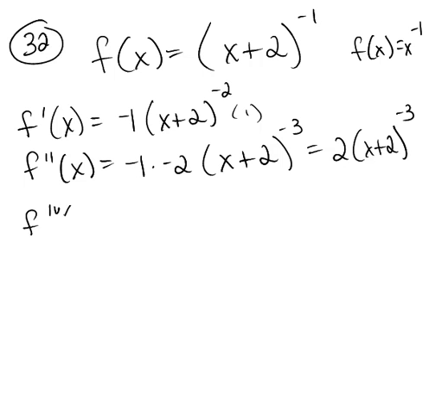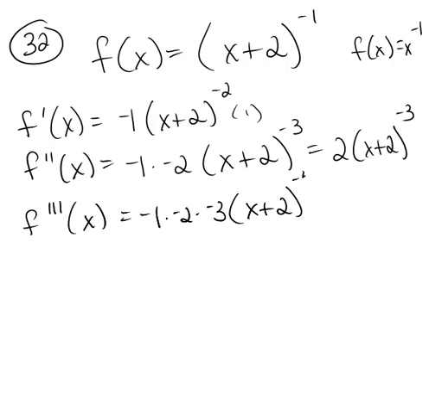Now, the third derivative is going to be negative 1 times negative 2 times negative 3, and then it's (x plus 2) to the negative 4, and that's, of course, negative 6 times (x plus 2) to the negative 4. So the pattern you should see coming out is that, first of all, this function is going to alternate between negatives and positives, and when you have an odd derivative, you're going to have a negative